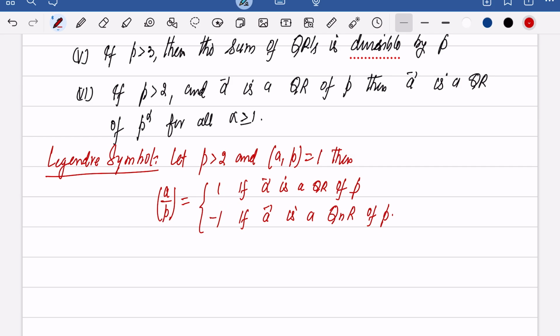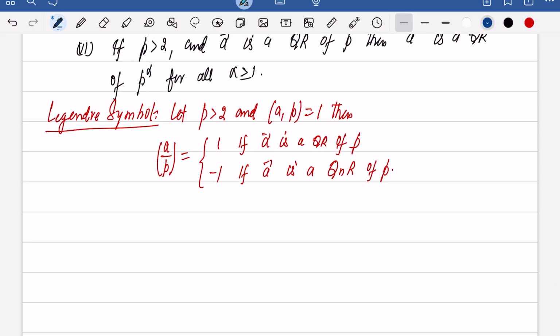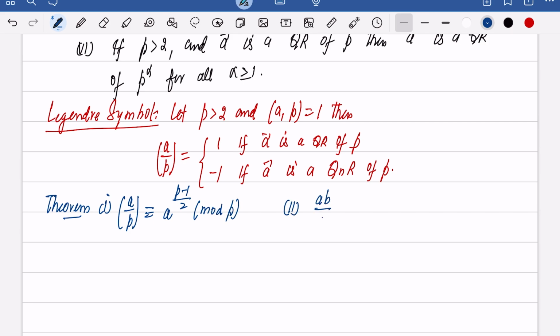If it is minus 1, then a is a quadratic non-residue. Now here we have some properties of this Legendre symbol that we shall take in the form of a theorem. The first case is that (a/p) is always congruent to a^((p-1)/2) modulo p. Now second, (ab/p), where a and b are two integers, they are not